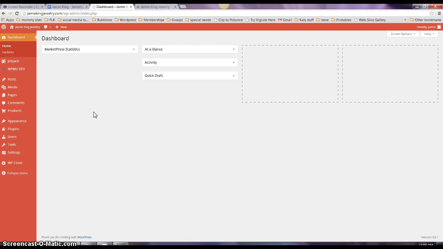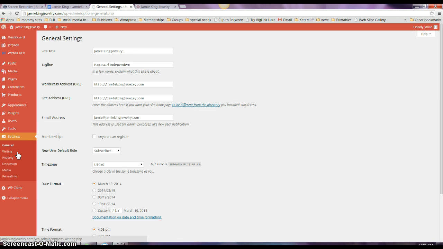In the last video I mentioned using the contact form and having to change your email address to make sure that it matches up and gets sent when somebody sends a contact form to you. So I'm going to show you where to change or adjust that. We're going to go to the Settings tab, and then you can see under General Settings